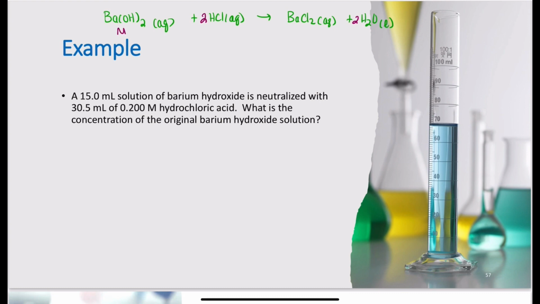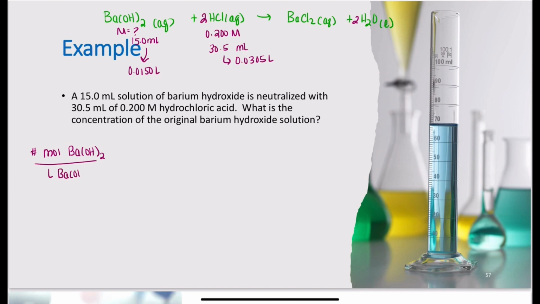I'm trying to find the molarity of my barium hydroxide, but I'm told I have 15 mils of it, which is the same as 0.0150 liters of solution. In my HCl, I have 0.2 molar and 30.5 mils, which is the same as 0.0305 liters. So I want the molarity of barium hydroxide, which is the number of moles of barium hydroxide per liters of barium hydroxide solution,